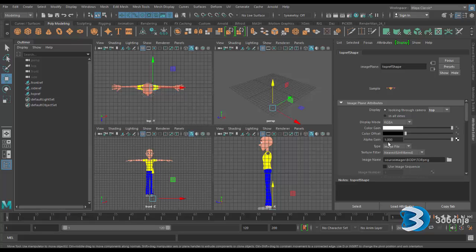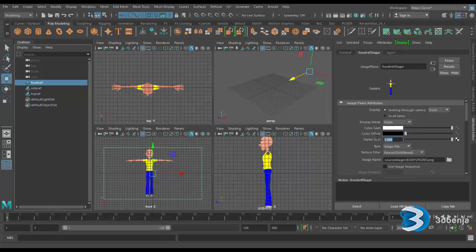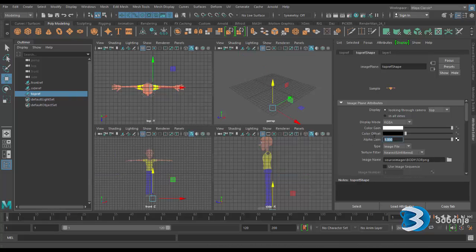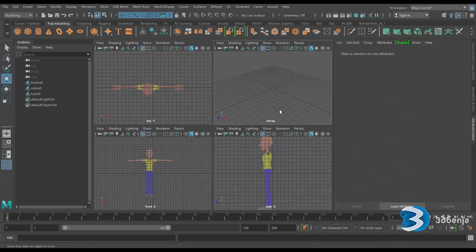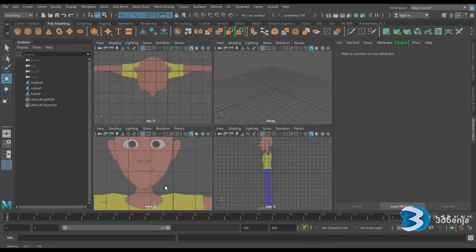Now from there, maybe I'm finding my character is way too bright over here, so the gain over here, maybe I throw in 0.2 or 0.3, that's fine. Do the same for all, and the top reference here is 0.3. Okay, now after that I know they're not matching up nicely. All my references are really not matching up, so I need to make sure they match up quite nicely, and